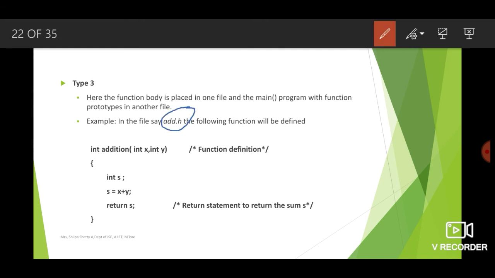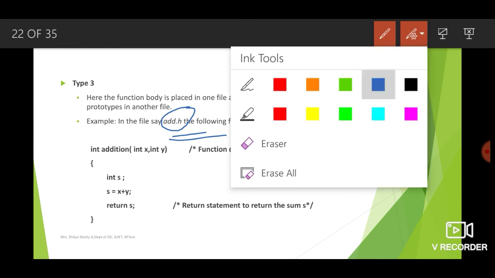See the extension here, the extension is h. So int addition, int x, int y, just the definition. Int s, one variable we are taking, and s is equal to x plus y. So the sum of x and y is stored in s, and then we will return the value of s. So return s. Remember, this function is now defined in a file called add.h.